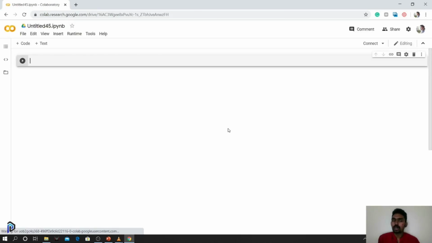So the notebook is created. This notebook instance is actually running in a Google Compute Engine, which provides around 12 GB of RAM and 107 GB of storage. So let's connect to it. Okay, fine. Let's get connected. Before that, we'll just rename the notebook.